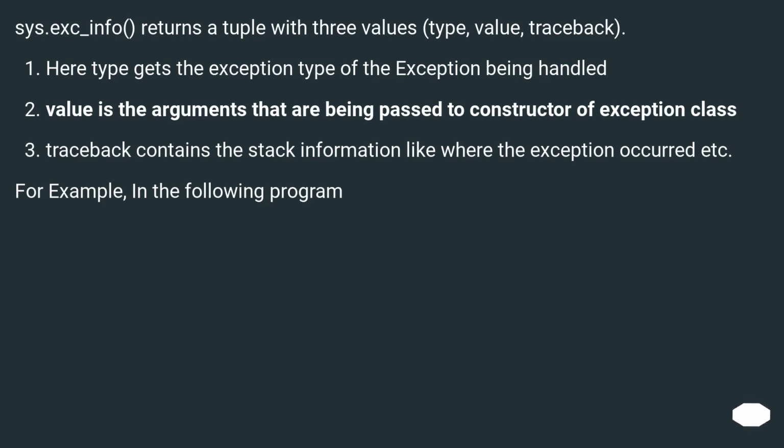sys.exc_info returns a tuple with 3 values: type, value, traceback. Here type gets the exception type of the exception being handled, value is the arguments that are being passed to the constructor of the exception class, and traceback contains the stack information like where the exception occurred etc. For example, in the following program,